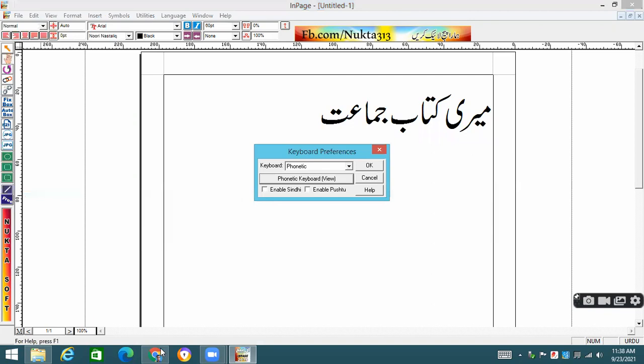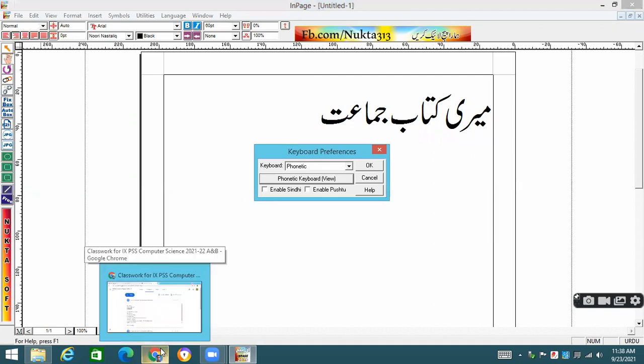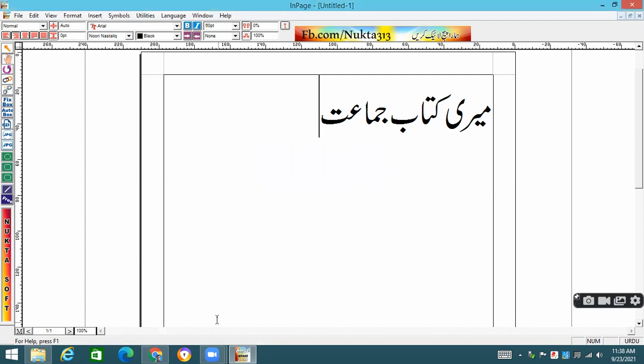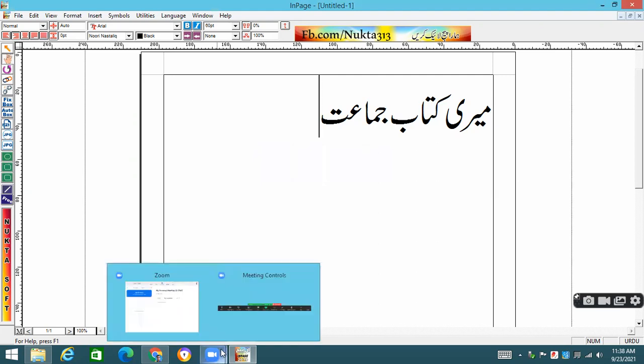So you have to practice, because no internet will be available. You cannot type using any other strategy, such as voice typing using cell phones. These things will not be allowed at all. You have to practice with the Urdu phonetic keyboard in Urdu InPage. So it will be quite convenient for you and you'll be able to do it.